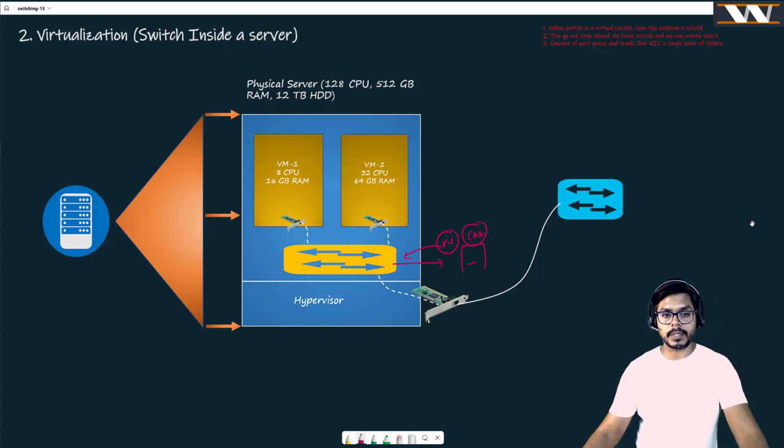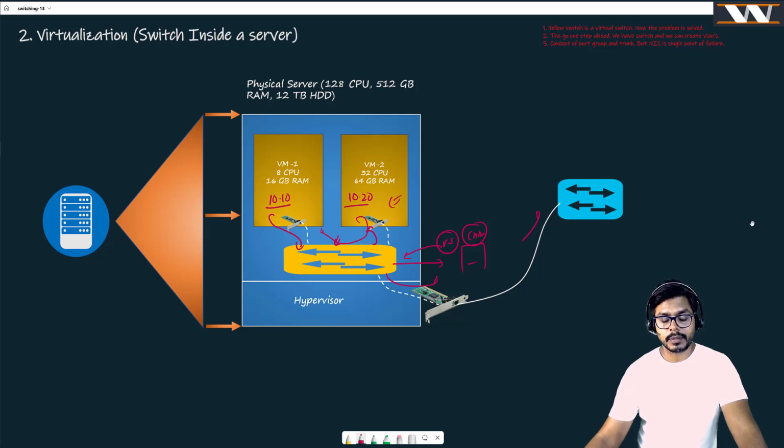Now, what is going to happen? This machine was 10.10, this machine was 10.20. What happens if they want to communicate with each other? They are going to send ARP or whatever, right? And now we have a switch here. Everywhere, if it is an ARP, it will be resolved. This machine is going to reply back, and then the communication can happen without any doubt,